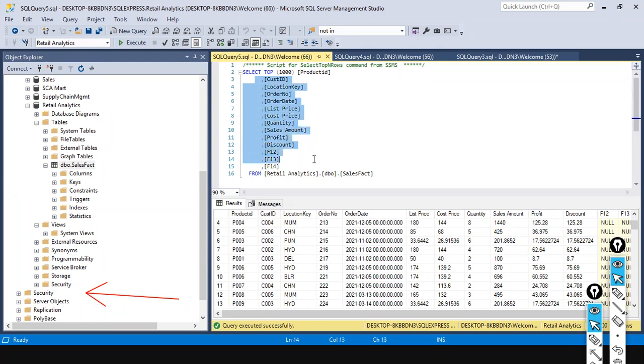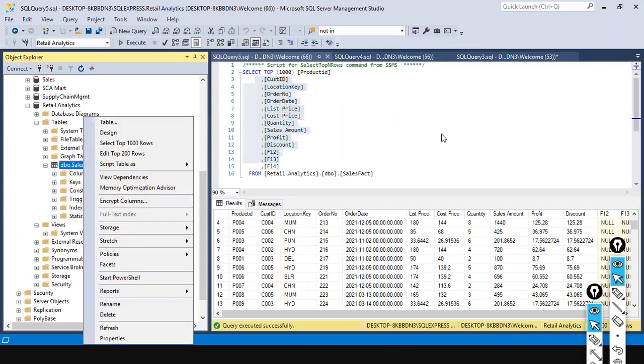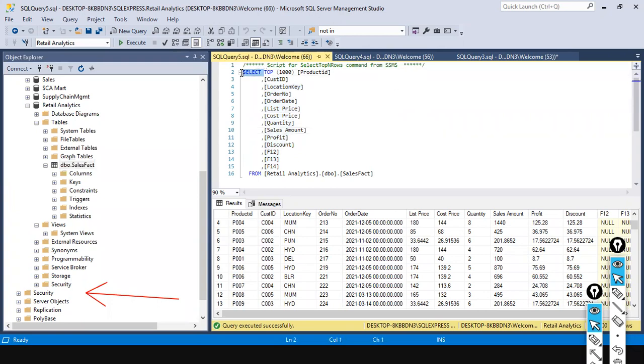But who generated this query? SQL Server. When you right click on it and select top 1000 rows, SELECT is the select command in the SQL query. Select is a reserved word, followed by TOP. The top function got included by default when you use the option. Or else, if you want to see all the data, select star